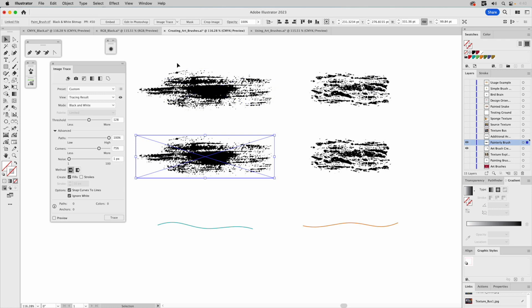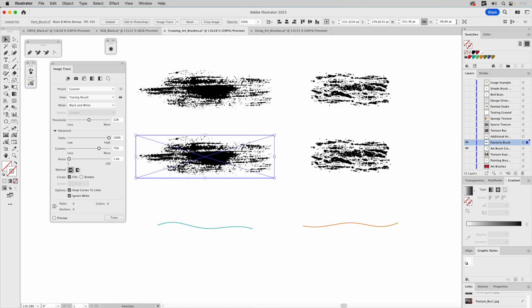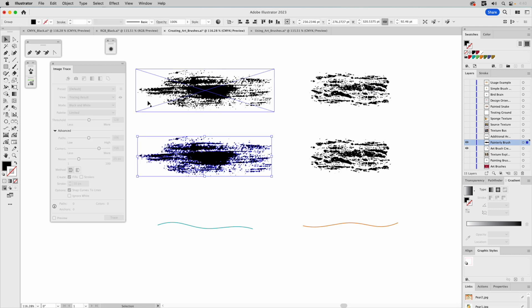You also want to make sure you always have the control bar on in Illustrator under Window here. That puts this bar at the top and it gives you shortcuts to all kinds of things you're doing in the moment. So in this case, I'm going to image trace this by clicking Trace. Now it's image traced. I go up to the control bar and I just click Expand. Now we've image traced our vector art